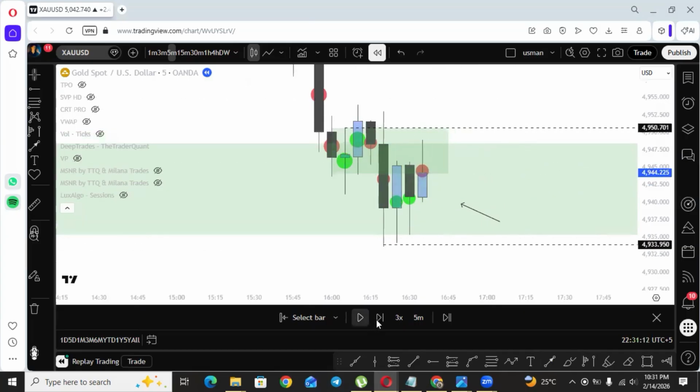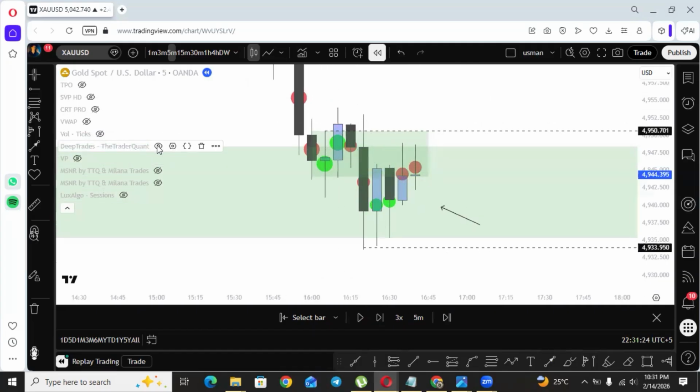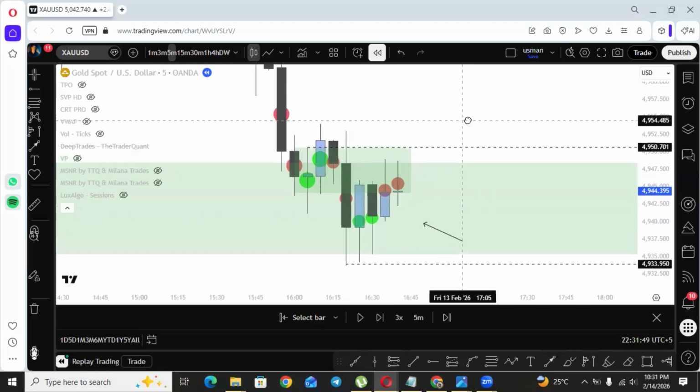So let's see where we get a follow through. Okay, sellers again trying to push down. So it all makes sense. If someone was trading with the naked eye, why I use the word naked eye with this, he doesn't know why this is happening at this level. But if we use our tool, we knew buyers were absorbed previously at this level, and now that's why sellers are protecting at this price level. So sellers are more strong, trying to protect at this level, and buyers are trying to protect at this level. So we need to wait for one party to win the war and then enter and celebrate with them.